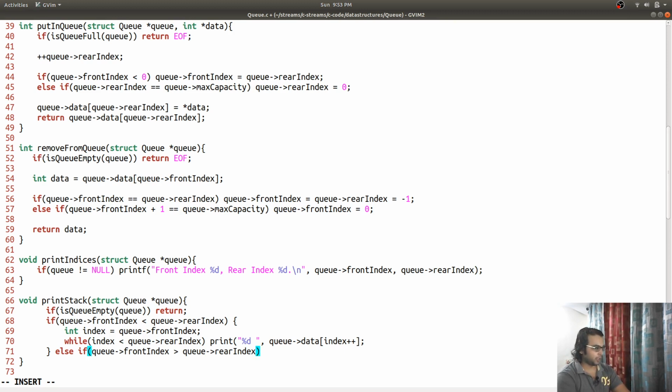So in that case, this is code duplication, we can remove it, but I think it is okay for now. In that case we will be printing multiple data, and one index is going to start from the front index,